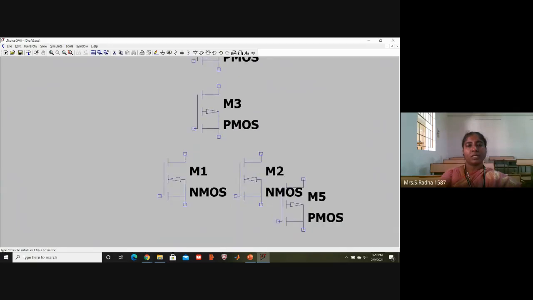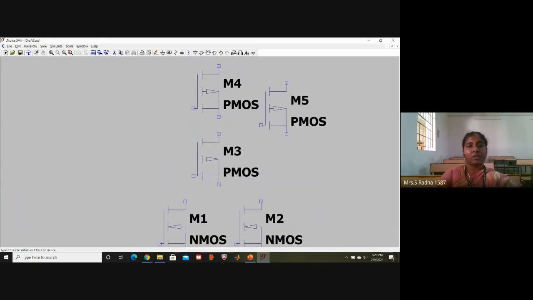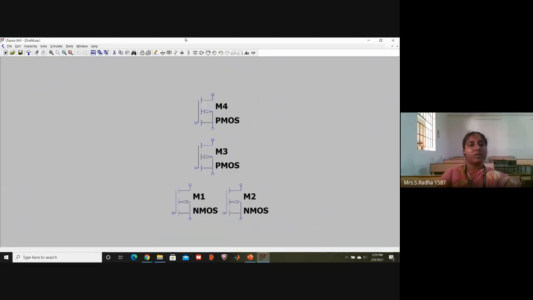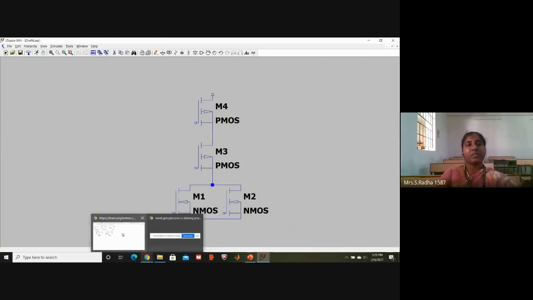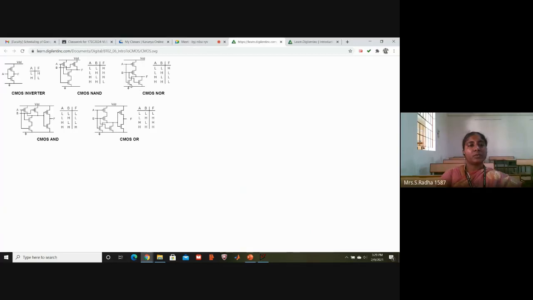Okay, now they are visible, I think. Go to zoom in if you want. Now, take wire, connect the two NMOS drain points, connect the two NMOS source points. And here, the PMOS should be one below the other at the center. Up to here, the connection is completed. We are doing NOR gate. So 2 NMOS, 2 PMOS, one below the other.